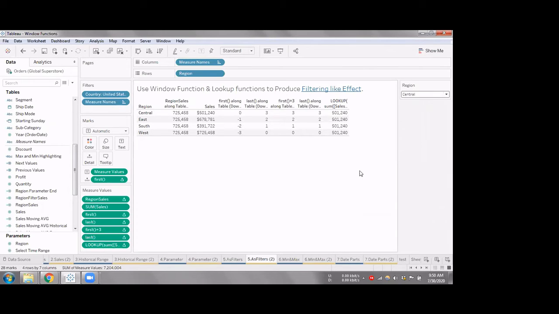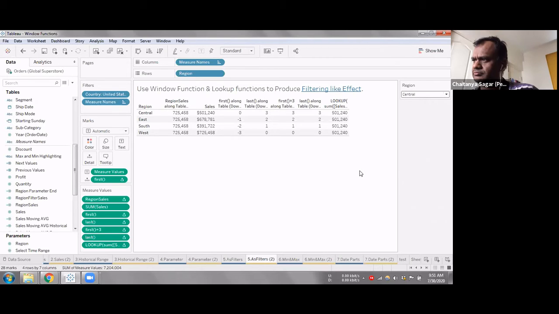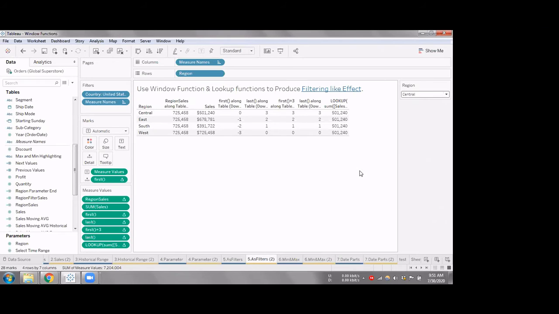Yes, Akhil, go. Whatever database on sales, then will our parameter be affected or will it be the same? Akhil, your audio is a little difficult to understand. What were you saying? Akhil? So if you sort our sum of sales, will our parameter be affected or will it be the same? It will be affected because your position will always